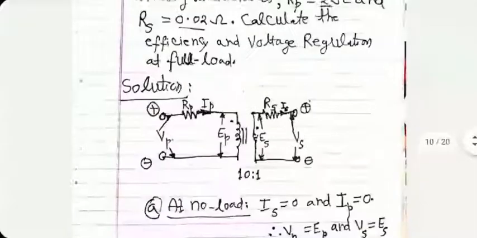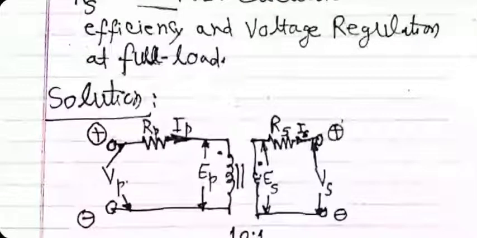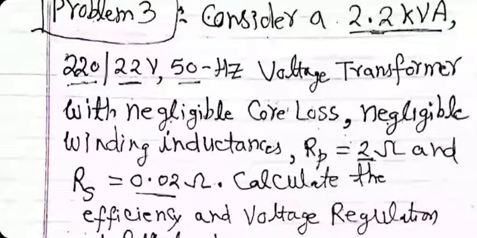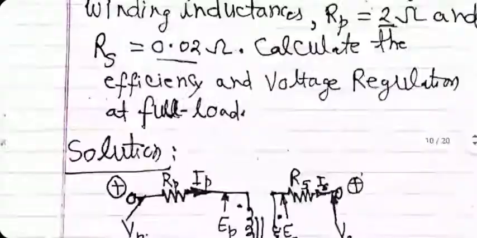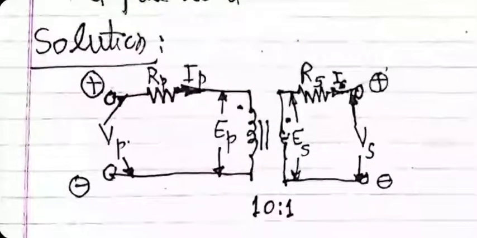This is the equivalent circuit, simplified. The complicated equivalent circuit we had done in previous classes is now reduced in this particular case to a simple one. No parallel path because core losses are negligible. Series paths also have only resistances. Inductances are negligible. That's what we have been told. Okay, so this is the equivalent circuit. You should be able to draw the equivalent circuit based on the info given to you. Whatever I have given you is a generic circuit. It has to be simplified based on what is given to you.